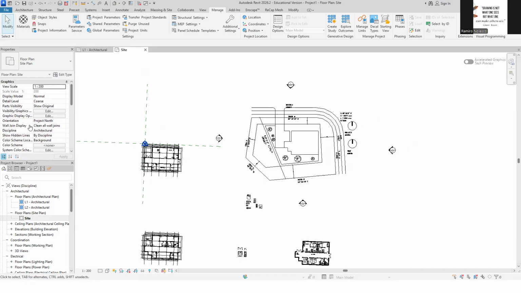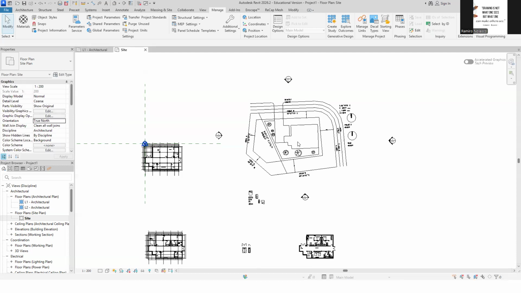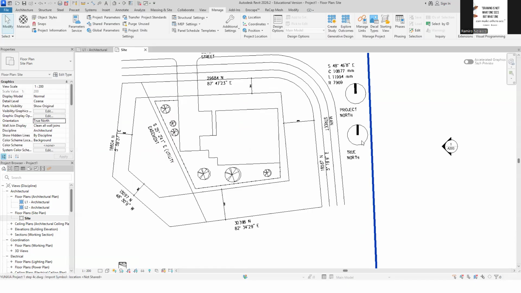Okay? So if you want to go to the true north, you simply go here under floor plan, properties, orientation, and then just change this to true north. Again, you can click apply or simply go here and it goes back to our true north.